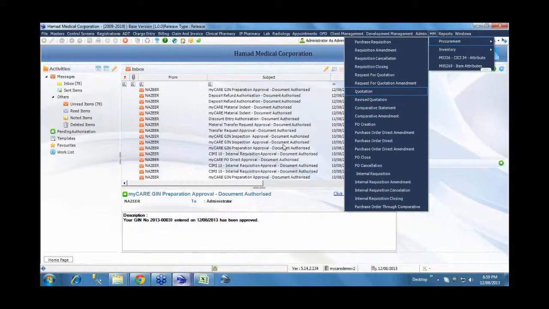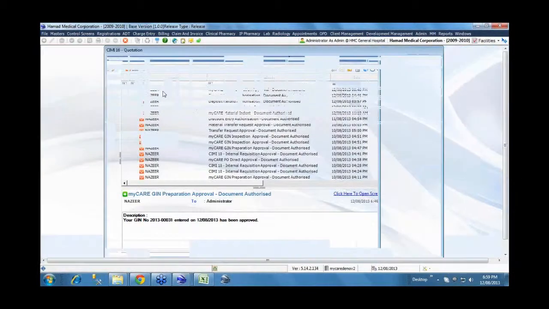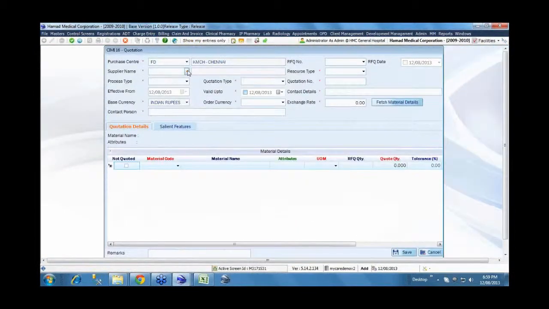Okay. So once we have made the request for quotation, then we will be receiving the quotation. When it comes to capturing the quotation, there are two variations. One is that based on our request, a supplier provides the quotation, which we capture in the system. Another is that a supplier may walk into a hospital or purchase department and say, we have these products on offer at this particular rate.